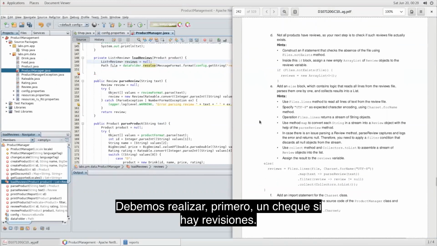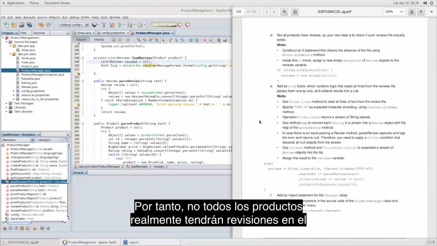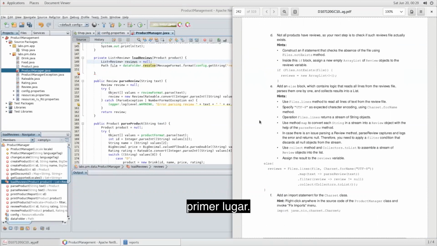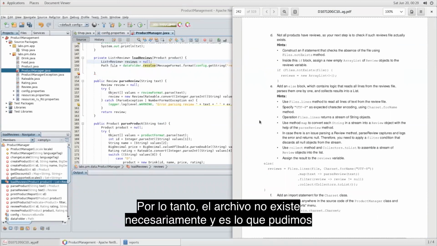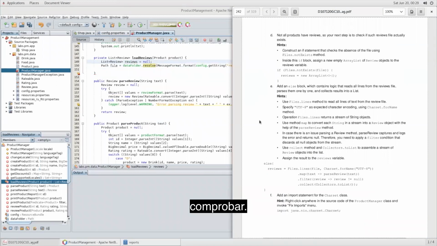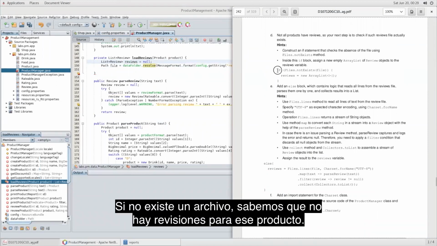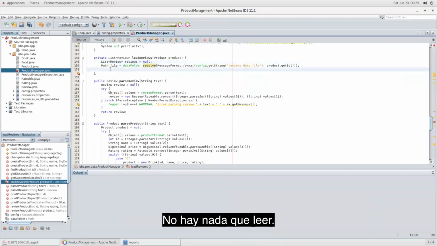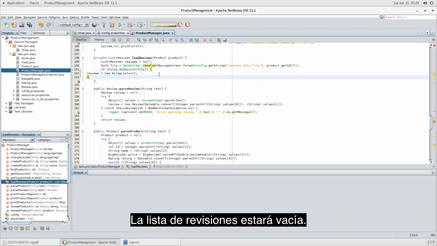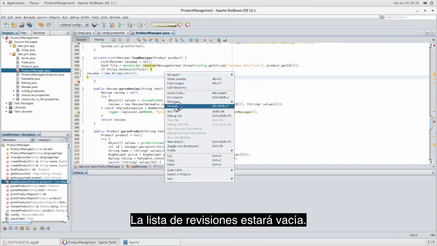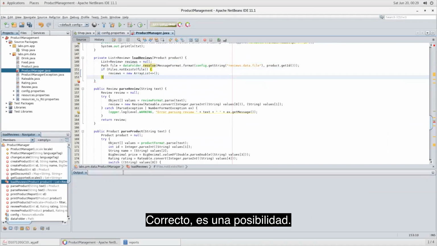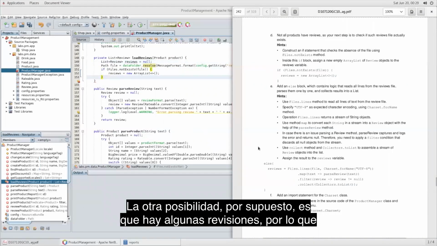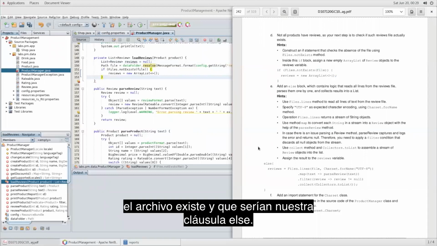We need to perform first a check if reviews are there at all. Not all products will actually have reviews in the first place, so the file does not necessarily exist, and that's what we could check. If a file does not exist, then we know there are no reviews for that product. It's as simple as that. There's nothing there to read. Fine, then the list of reviews will be empty. Okay, that's a possibility. The other possibility, of course, is that there are some reviews, so the file exists, and that would be our